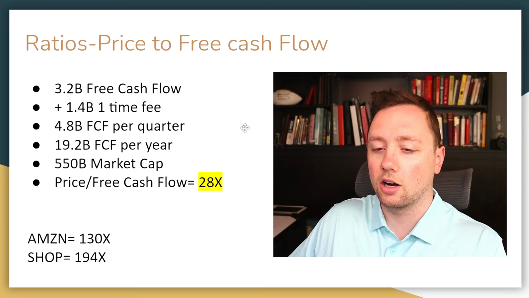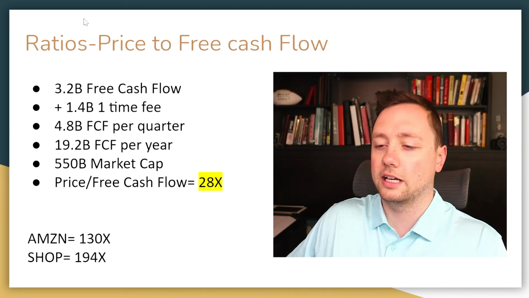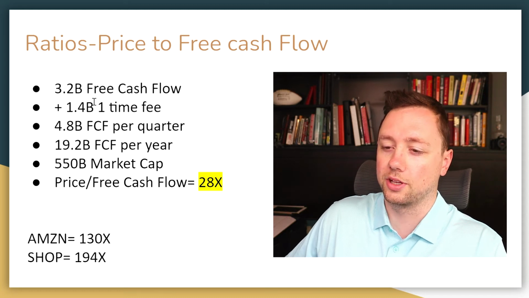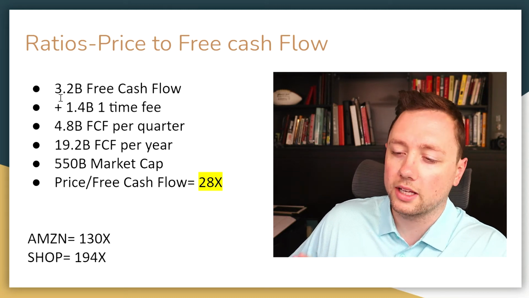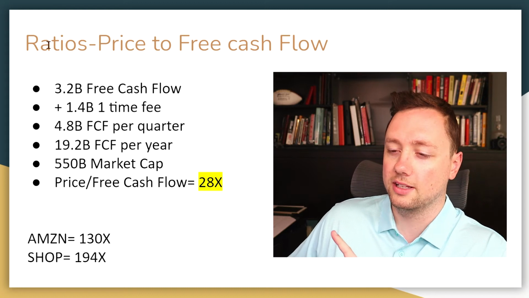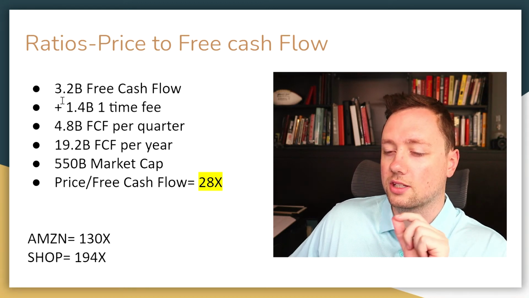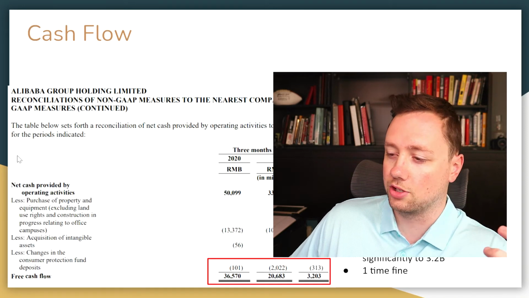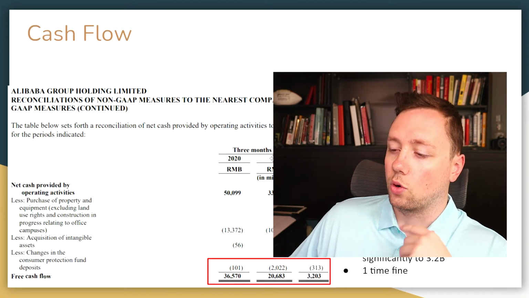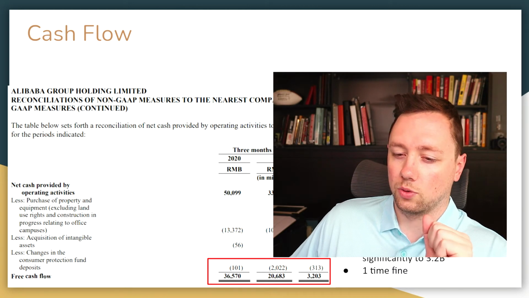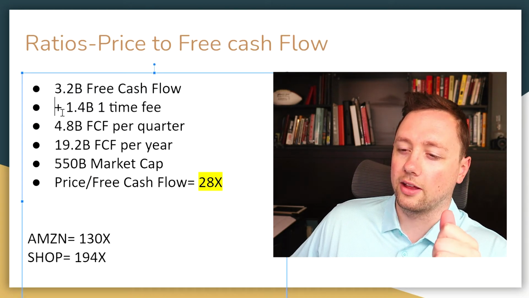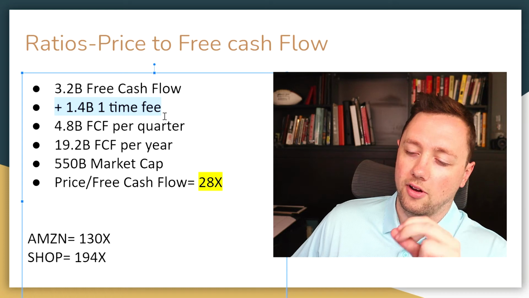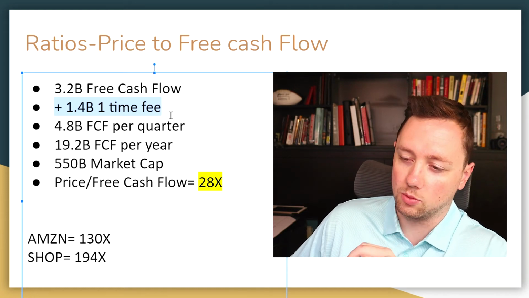Now, here are a couple of ratios that we need to start looking at, and since we're on free cash flow, let's just start with this one. So here is just my quick and simple math. You probably won't find these exact numbers anywhere else, but this is just the simple way to do it. So $3.2 billion in free cash flow, that's what they generated for the quarter ended June 30th of 2021. Now, if you add that $1.4 billion fine back into their free cash flow as a one-time fee,